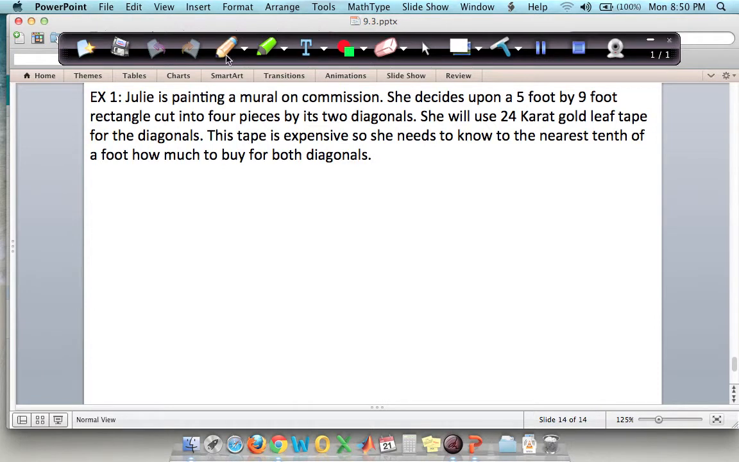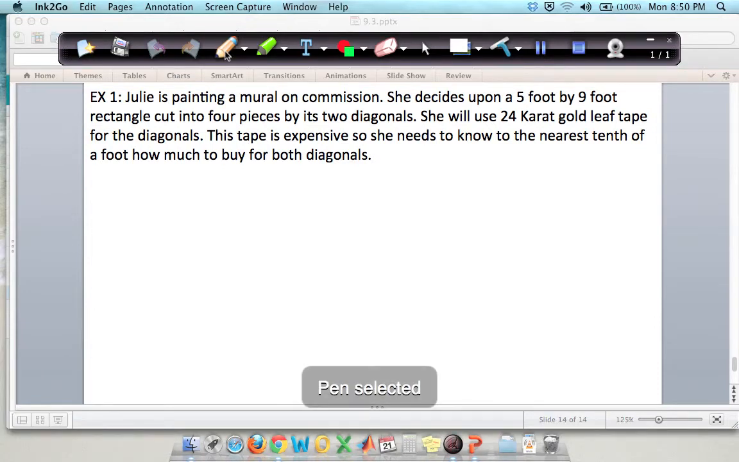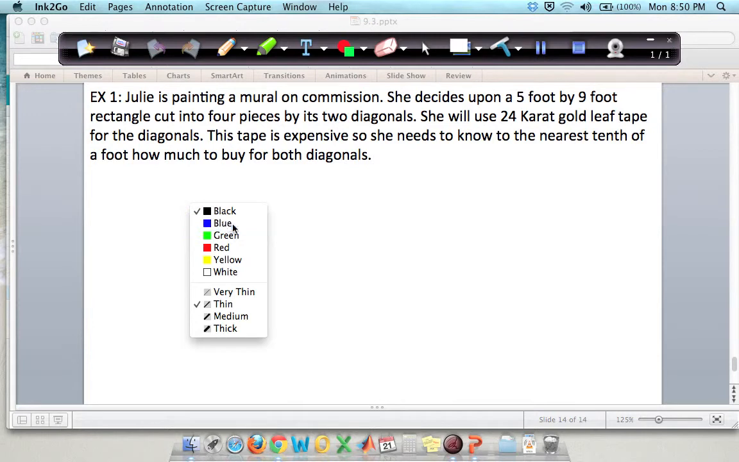It says Julie is painting a mural on commission. She decides upon a 5 by 9 foot rectangle cut into 4 pieces by its 2 diagonals. She will use 24 karat gold leaf tape for the diagonals. This tape is expensive, so she needs to know to the nearest tenth of a foot how much to buy for both diagonals. So when I'm solving a problem like this, I like to draw a little picture,